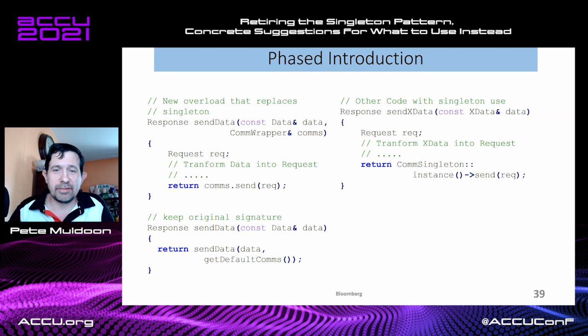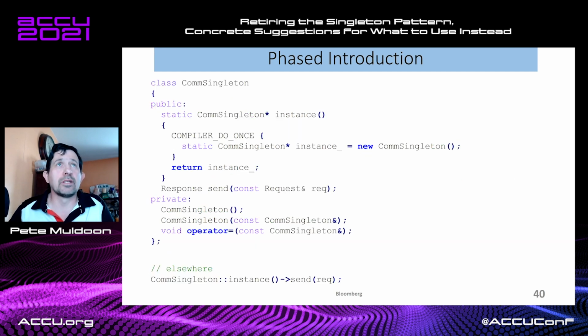I don't think we've gotten very far there. I mean, the idea there is that when I do this everywhere and I eventually have every place changed over, I can change the singleton out. True enough, but I don't think people will actually come back. It's a lot easier to get people to change things while they're in there than to come back and change them a while later. So let me go look at this phased introduction that I'm going to introduce, which is